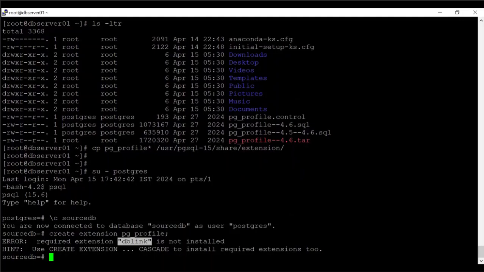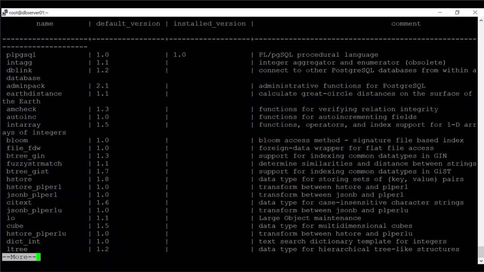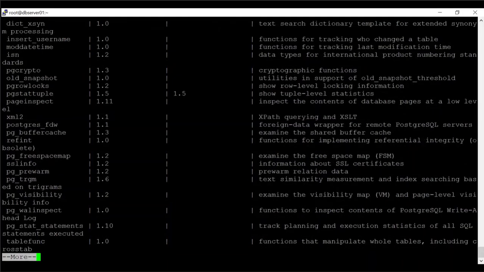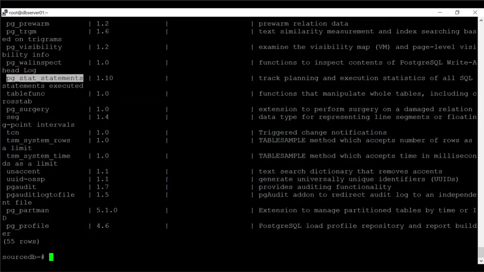Okay? dblink extensions. So if you want to see what extensions are available in your cluster, you can use pg_available_extensions. These extensions come as a part of your contrib module. So when you install your contrib module, you will get some extensions. Okay, this is all pageinspect, pgcrypto, foreign data wrappers, and you have pg_stat_statements. So these all extensions will come as a part of your